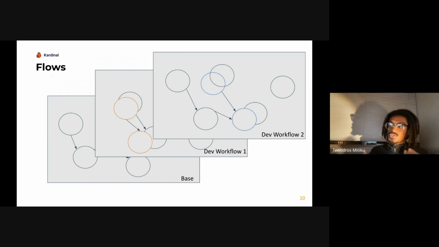And so what's really happening here, when we're trying to enable these workflows, is we're creating these logical different layers or different logical topologies. And what we try and do in Cardinal is merge all of these into one topology that is then implemented in the cluster. This way, we can say, okay, the abstraction that a developer can have in their head is that they're working with their own workflow, or flow as we like to call it, where they can think of their traffic being routed through a certain flow that is going through the topology. But in reality, it's the cluster that's implementing all these different flows that can coexist.